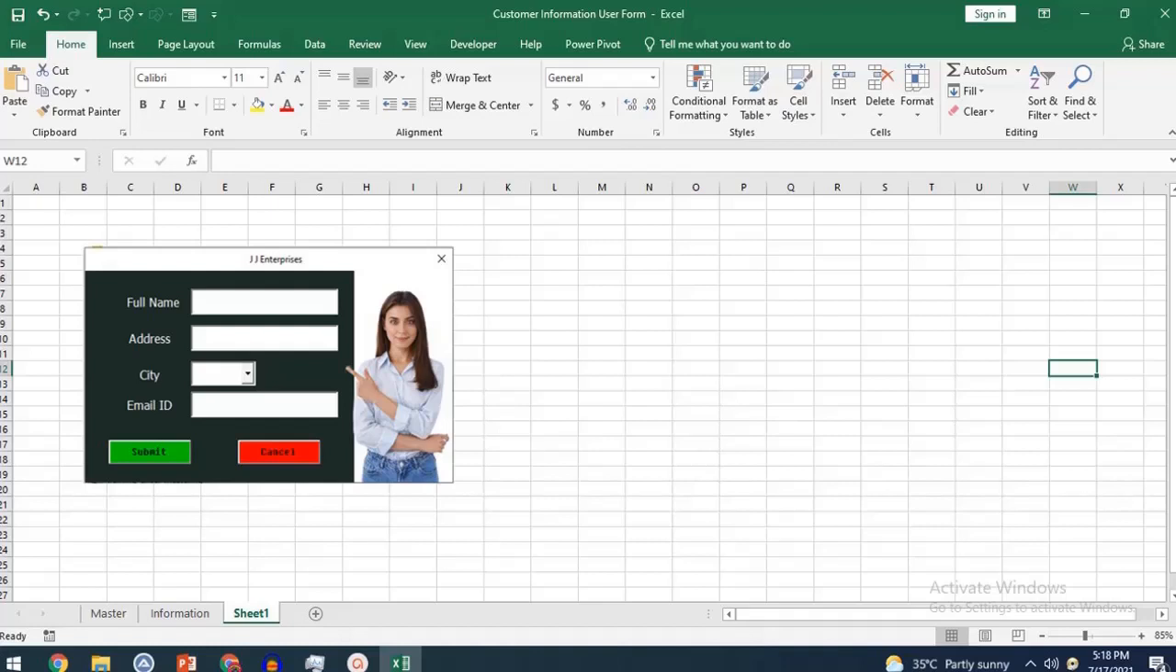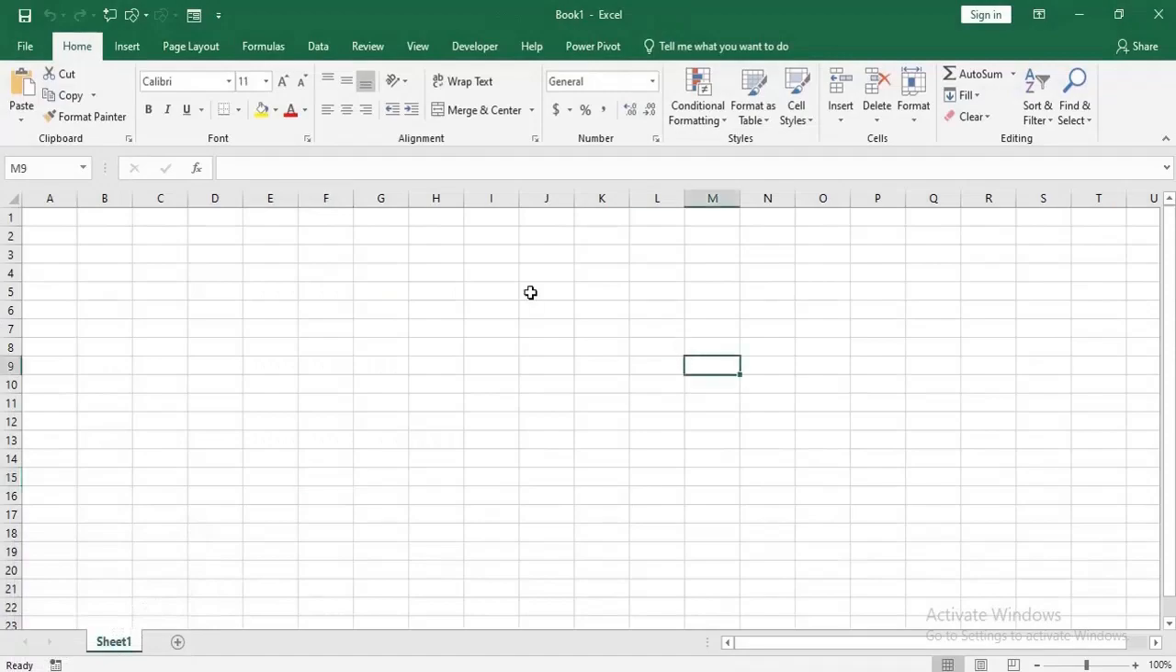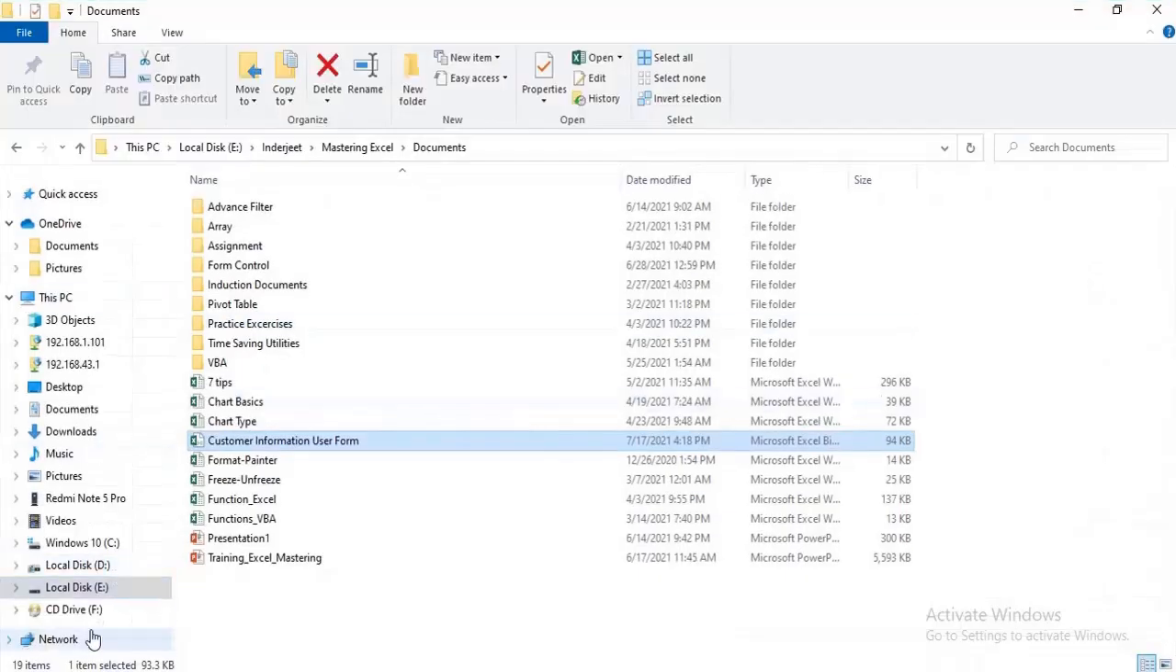Now, before proceeding, I'm assuming that you have a little knowledge about macros. So let us start with the user form. First of all, I'll show you what a user form looks like. So I'm opening a file here. Once I click here,